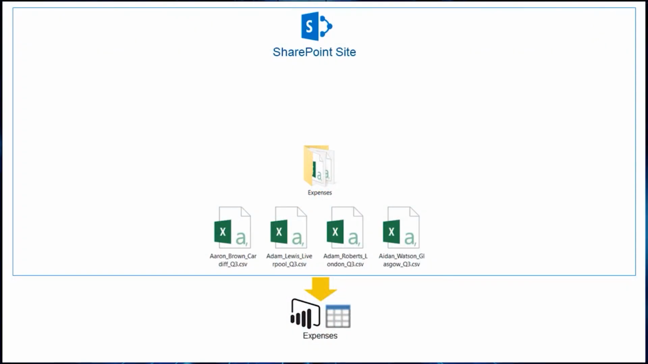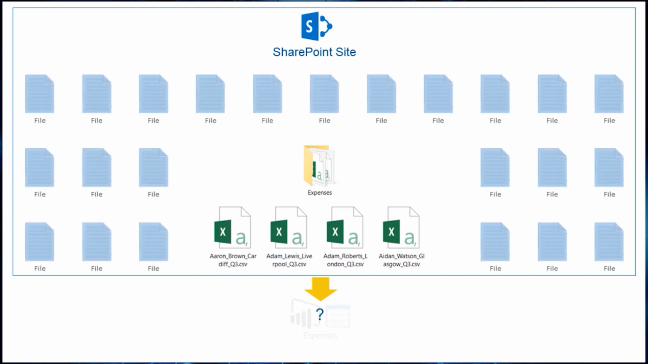The SharePoint Folder connector has a rather misleading name. The name suggests that it will enable you to connect to a specific folder within a SharePoint site and combine all the files in the folder into a single table in exactly the same way as the regular folder connector. But in fact, what the SharePoint Folder connector actually does is to treat the SharePoint site as the containing folder